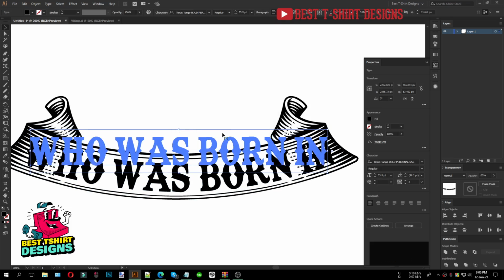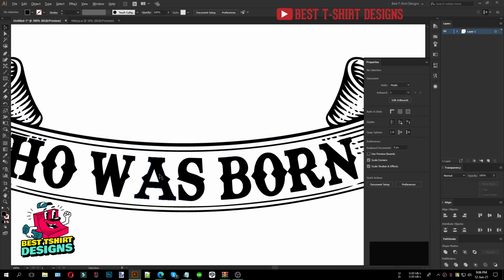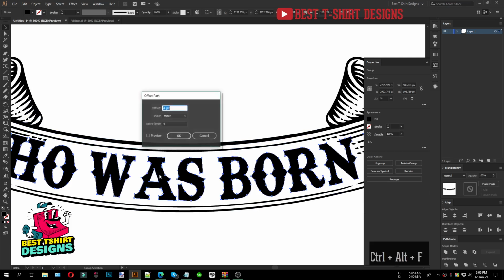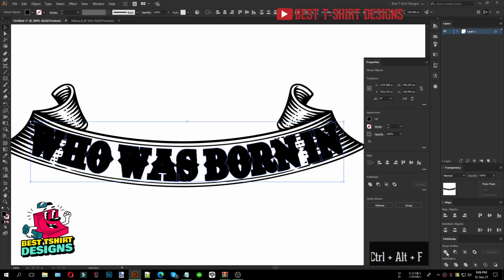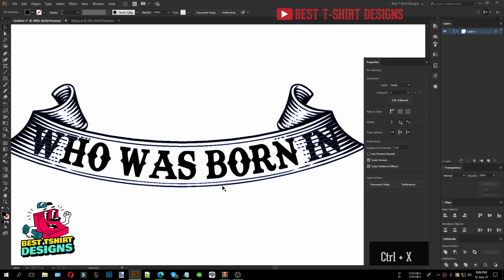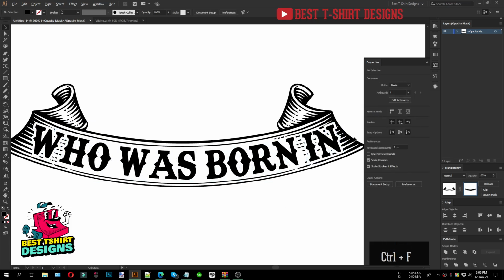I think that is fine right now. And selecting them again, Object, Expand Appearance. Again I am going to select that text, make a same size offset path as before. Then now Unite, Ctrl X to cut, select this one, open Transparency, press Ctrl F, and again I will need